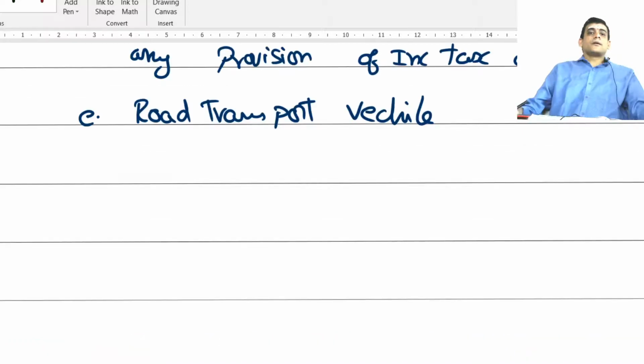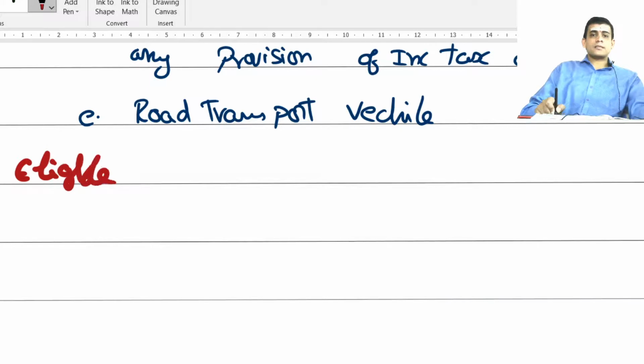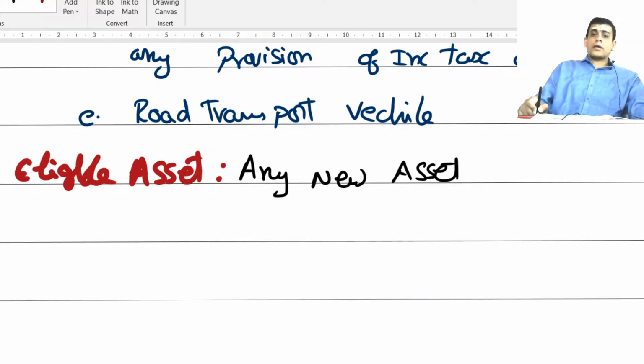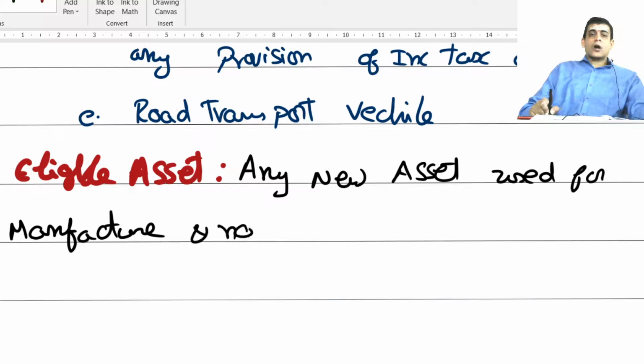Now let us try to interpret this another way and try to understand eligible asset. Based upon the above definition, I can mention what assets are called as eligible assets. What assets are called as eligible asset? In one line, I can call any new asset which is used for manufacture, and not allowed as deduction